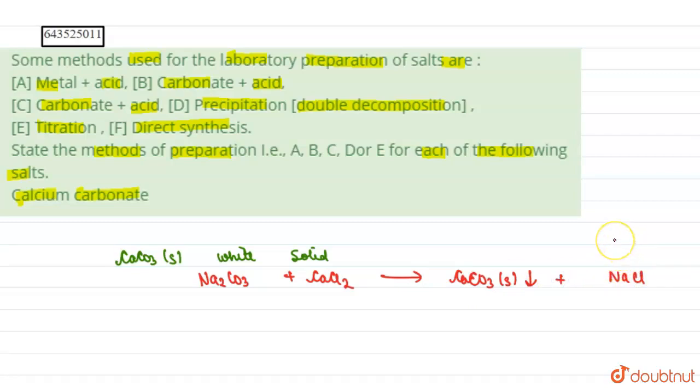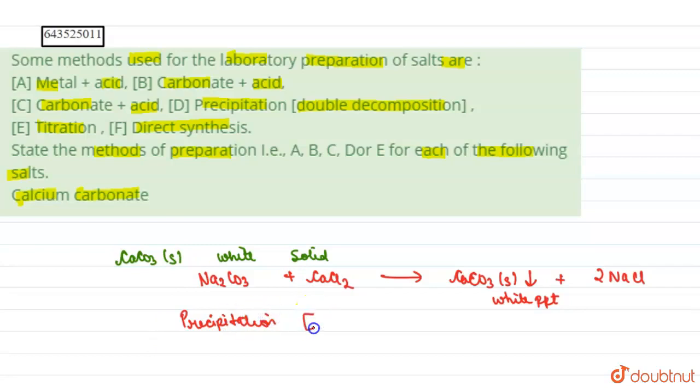So in the lab we just take a sodium carbonate salt, we react it with calcium chloride such that we get calcium carbonate as white precipitate and NaCl. Okay, we also need to balance this reaction, so we just multiply this by 2 and we see everything is balanced. So this is option number D, that is precipitation